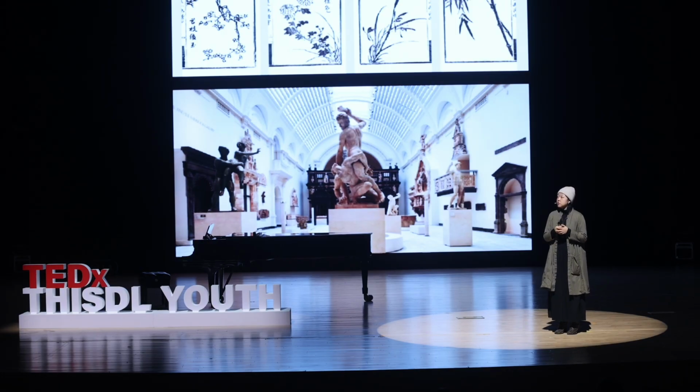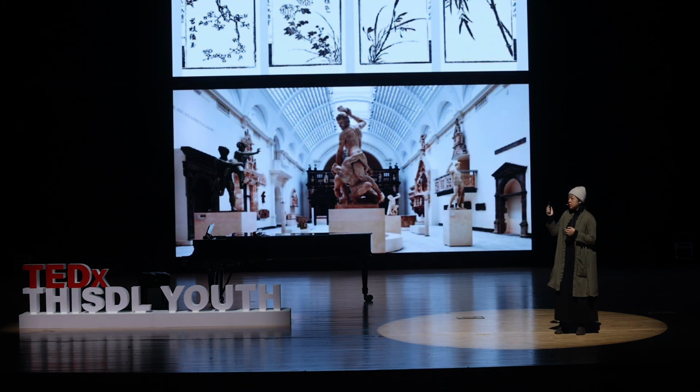Coming to the second one, I will talk about humanism in objects. On the top, it is famously called the Four Gentlemen, but in the image you cannot really see 4 people in the drawings; instead there are 4 different types of plants. Each one of them represents resilience, humility, and integrity. So from this perspective, Chinese people find humanism in the plant instead of representing humanism as the human themselves.